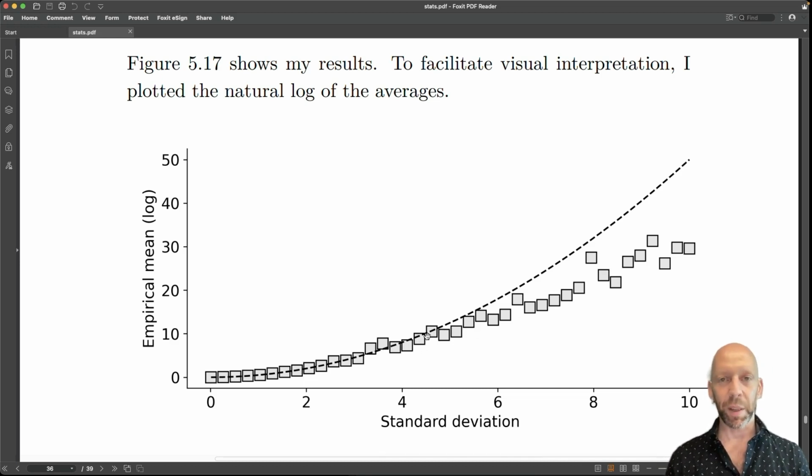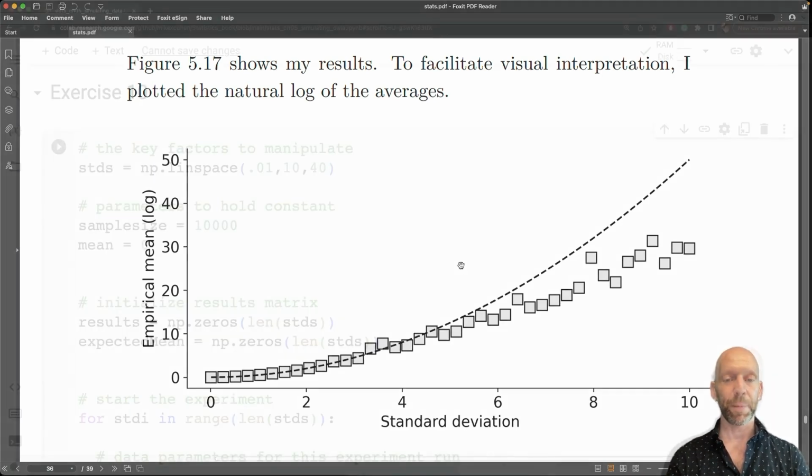Now, there's nothing special about a sigma parameter of 4.5 or 4.8 or whatever. That's just how this figure ended up working out based on the sample size and so on. So don't think that there's anything special about this divergence. The point is that the overlap between the expected and the empirical means is pretty close for relatively small standard deviations. And as the sigma parameter gets larger and larger, we have this systematic bias to underestimate the mean. Okay, now I'm going to talk more about why that happens and give you some illustrations when I get to the code. For now, I want to switch to Python and show you the code